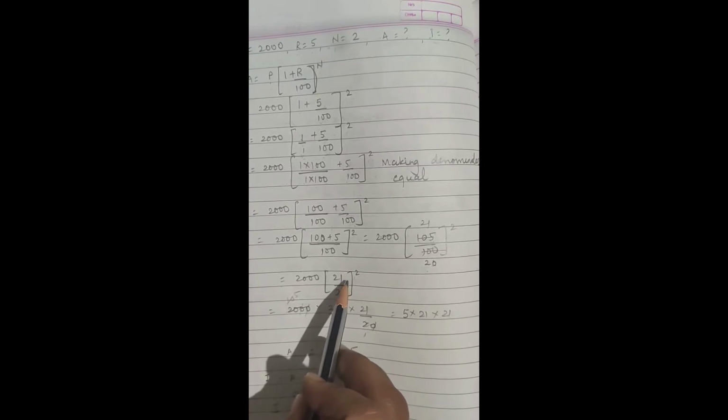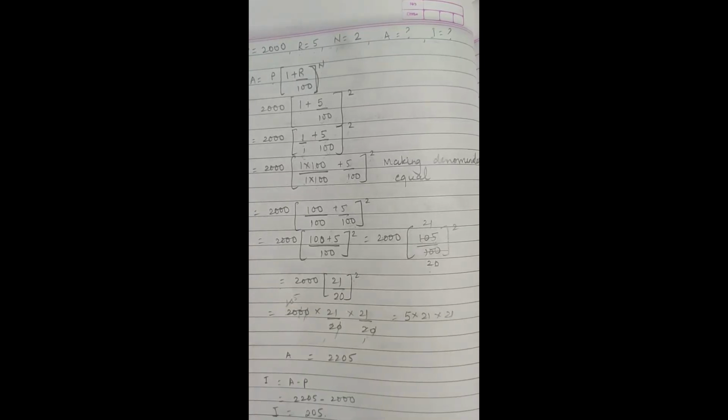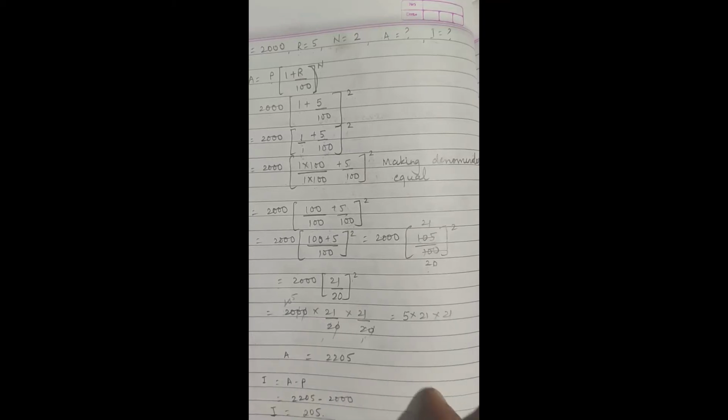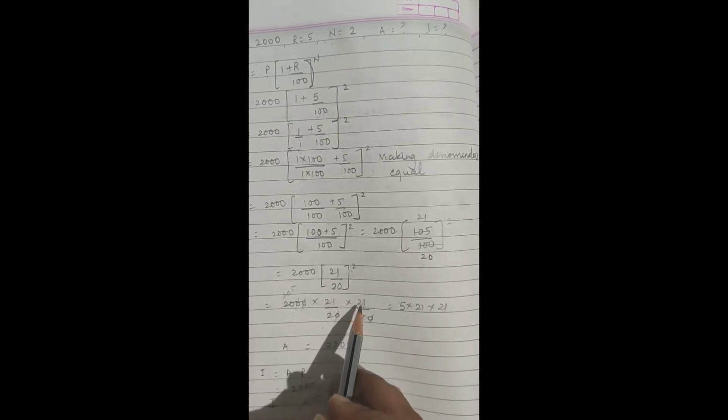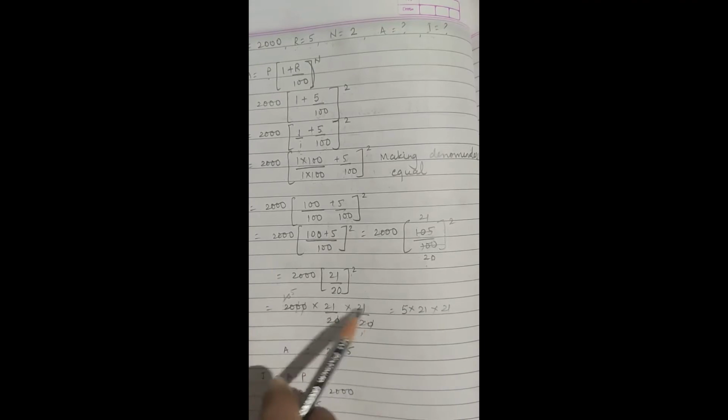2. Now, raised to 2 means what? You can multiply 21 into 21 or find the square of 21, or we can use one method, that is 21 upon 20 multiplied by 21 upon 20. Instead of multiplying and writing the answer, I have directly taken the numbers and then used them for reduction. 0 0 0 0 gets cancelled off, 2 ones are 2, 10s are 2, 1s are 2, 5s are. What I am remaining here with is 5 into 21 into 21. Once you multiply these numbers, the amount comes as